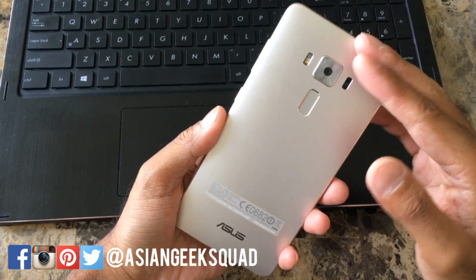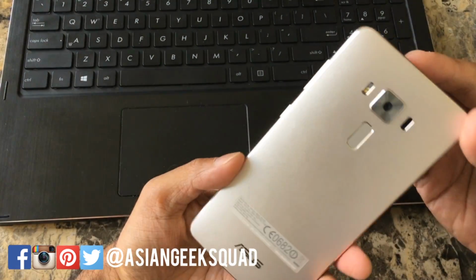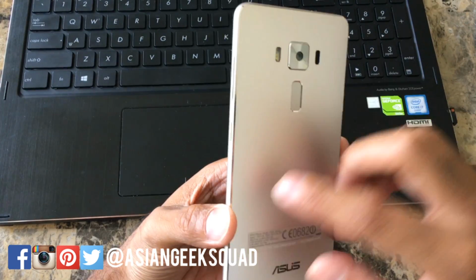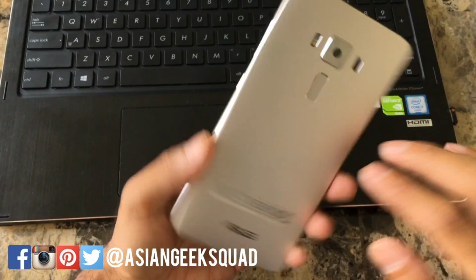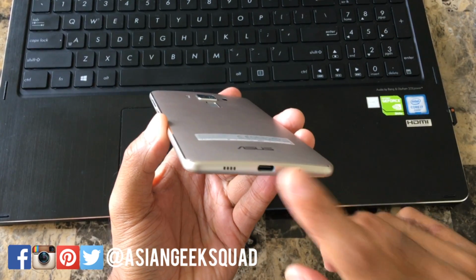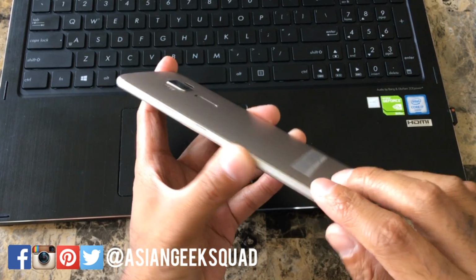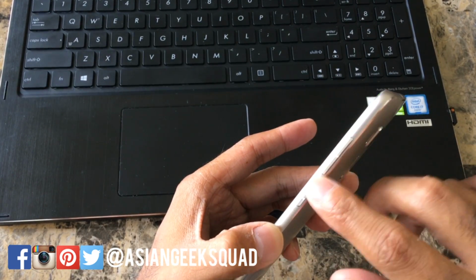First thing let's talk about is build quality. Compared to the previous iteration of the Zenfone family, the Zenfone 3 comes with an all-metal design, and to be honest, it looks awesome. And let's go around the ports. As you can see here, it comes with a USB-C port, speakers, power button, all in metal, volume rocker,